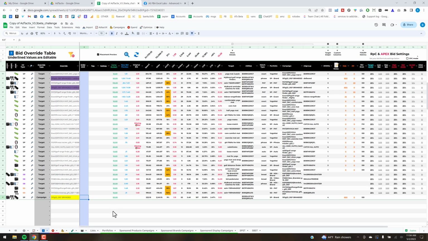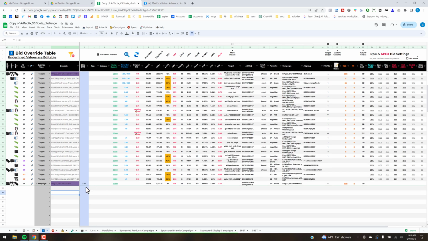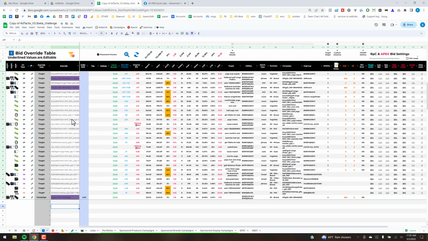I could set that to a value, I could set that to 2. And in this example, because I have targets within that campaign also on the bid override table, what you're getting confused on, it sounds like, is the precedence. So the precedence is target overrides campaign, overrides portfolio, overrides ASIN. So you could set this bid override table up probably 1,000 different ways, depending on what your strategy is. And in this example, if I set this to 4 and I set this to 3,